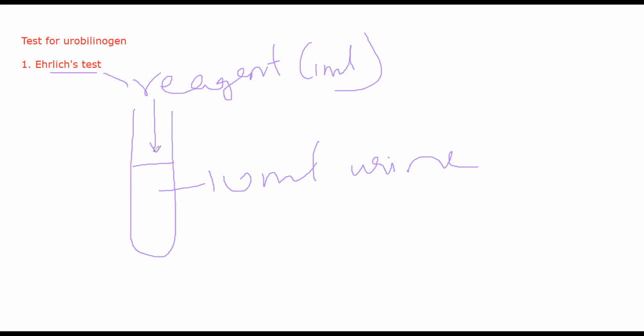You will see reddish purple color development. If there is reddish purple color developing, it represents that there is a lot of urobilinogen present inside the patient's urine. If urobilinogen is not significantly present, you will not see reddish purple color. You might see a faint red color. If the patient has a high amount of urobilinogen in their urine, you will see a dark reddish and purplish discoloration of the sample. The urine in the test tube will turn very dark red and purplish.